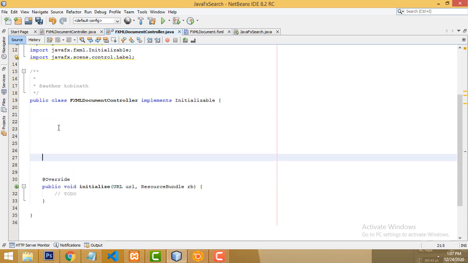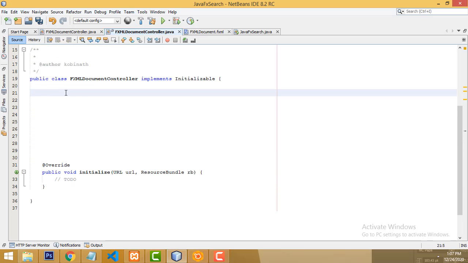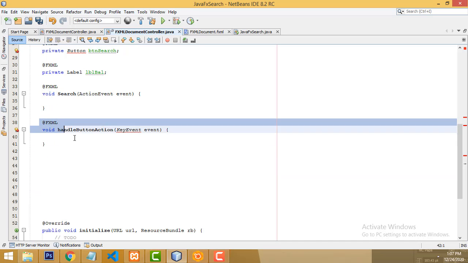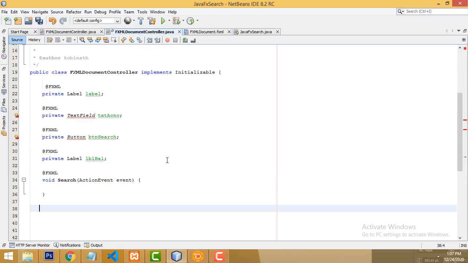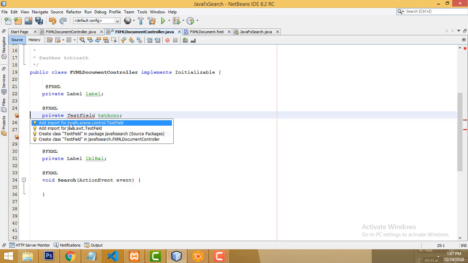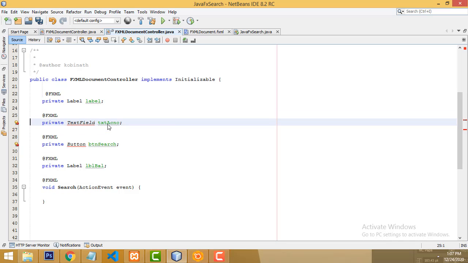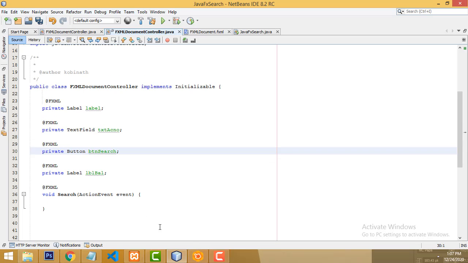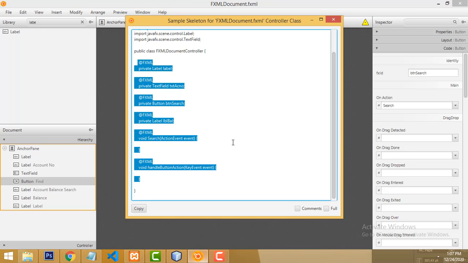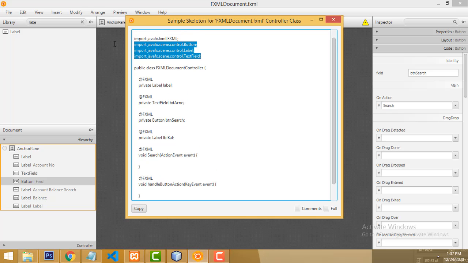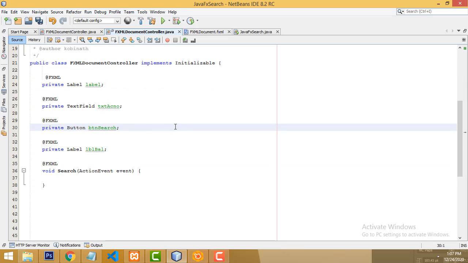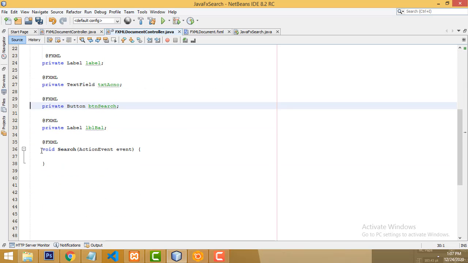Okay. Right here we have to paste it. What you are copying, right? This, no, this is okay, not copy. Okay. Now here, first what I am going to see, we have this button, all the stuff are there. You have to import this one, JavaFX control. It is coming here. If it is not there, what you are going to do is, you just again go here, and this is your namespace. You just copy and paste it above, right? Okay. Now it will go, right. Here this is the event of search event.